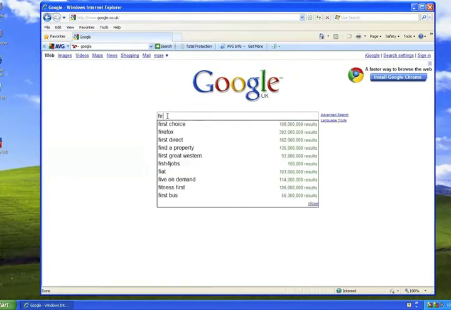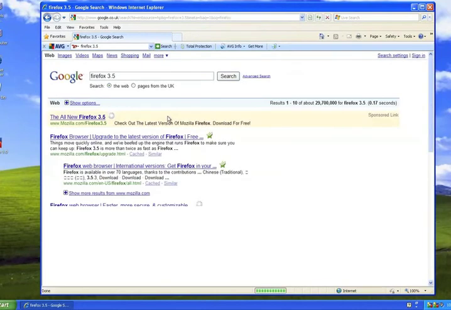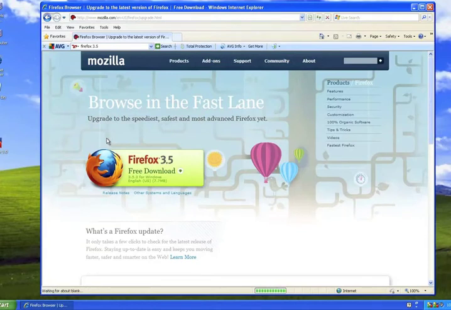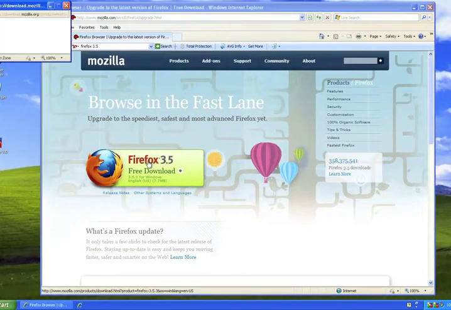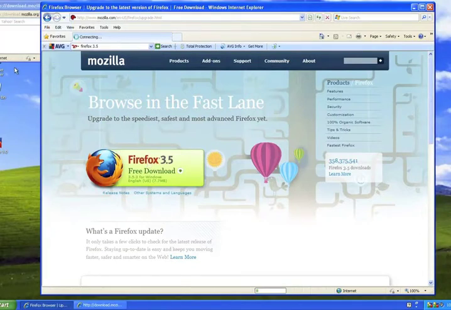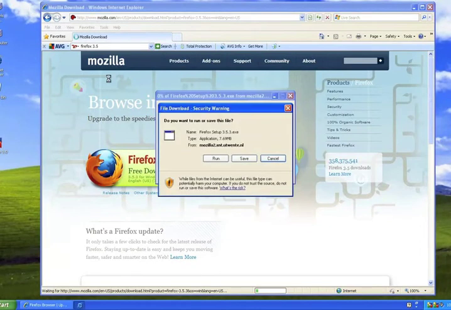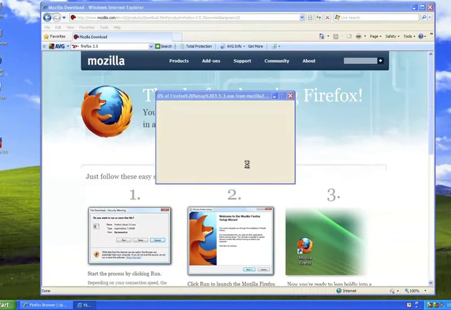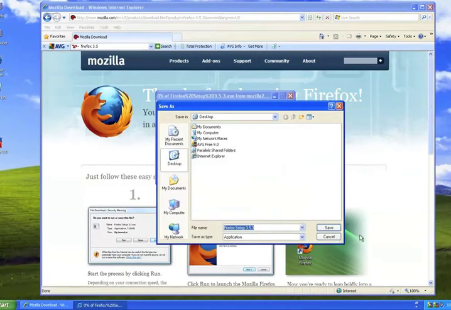So we're just going to type in Firefox 3.5 download. And we'll click on the result, it's by a company called Mozilla.com. So we're just going to click into there. Okay, and a nice, easy, simple download. It's a quick button here, so we'll click on that. And click save. And we want to save it in the same location on the desktop. So click on desktop, save,